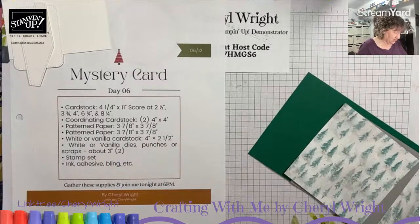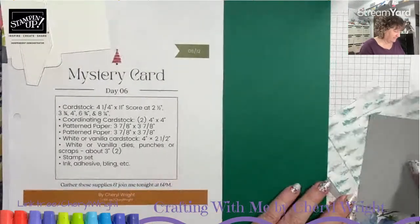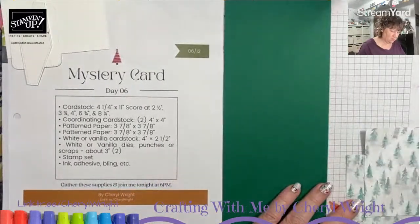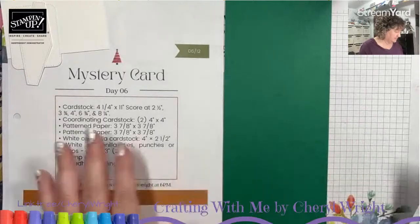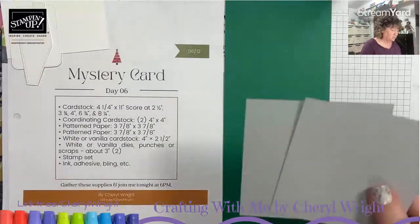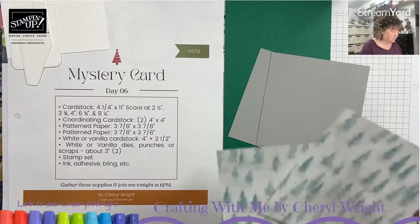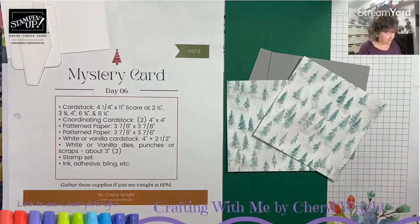So to get us started, we need cardstock, 4 1/4 by 11. We need to score at those places. I haven't scored mine yet. I will get to it. Coordinating cardstock, 2 4x4s. Pattern paper, 2 3 7/8. I just went with the same one. You can go with different ones if you want. White or vanilla cardstock, that is,